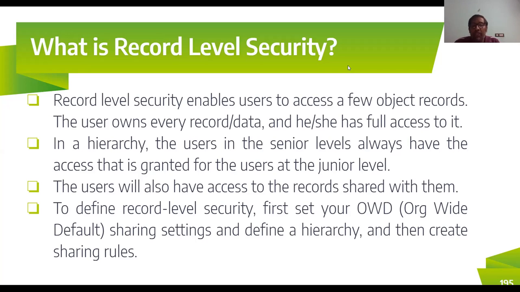To define record level security, first we have to set our OWD, which is called organization-wide default, and the sharing settings, define a hierarchy, and then create the sharing rule. In the OWD, I'm going to specify what kind of record it is, and whether it can be accessed publicly or is going to be private, whether access is granted to the hierarchy level,